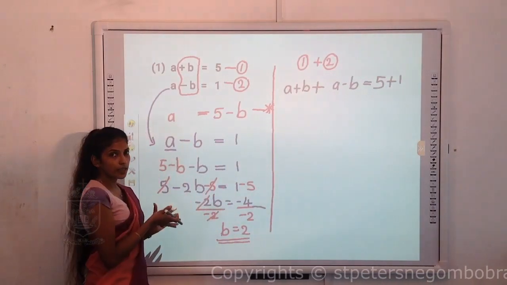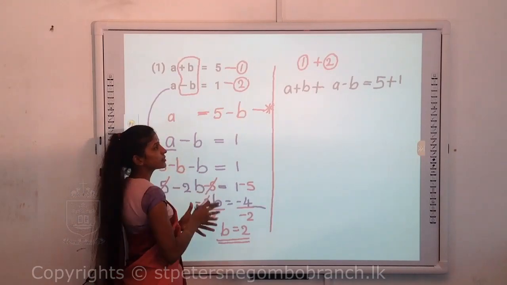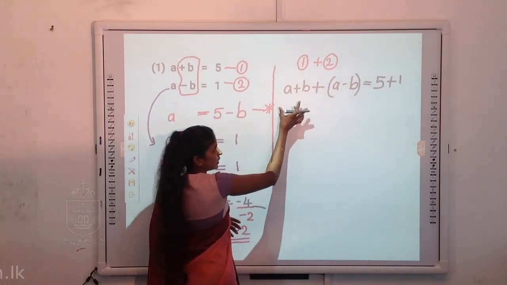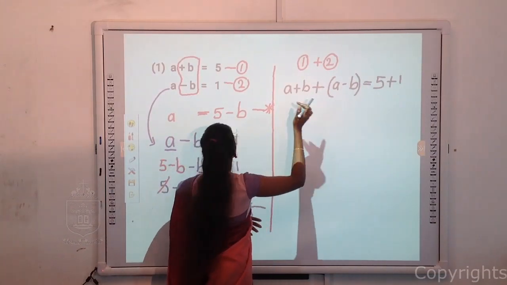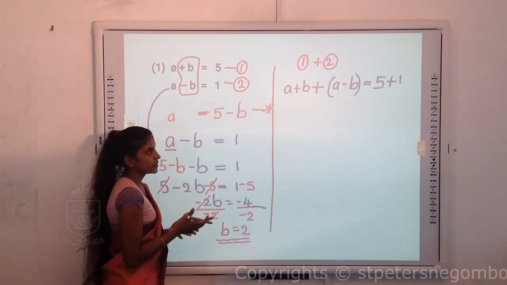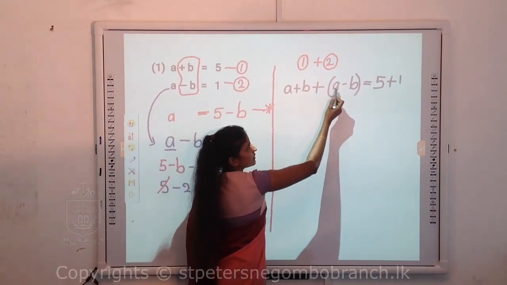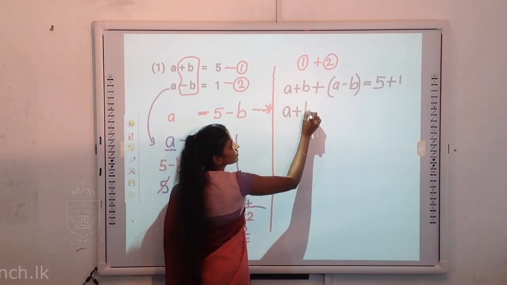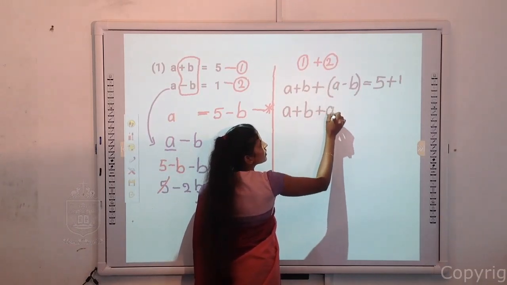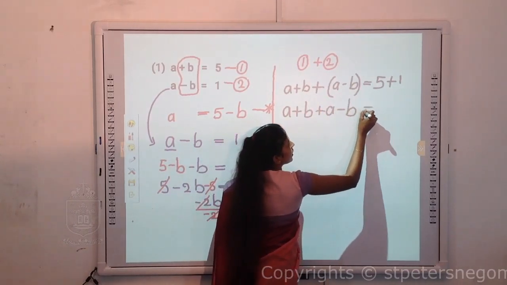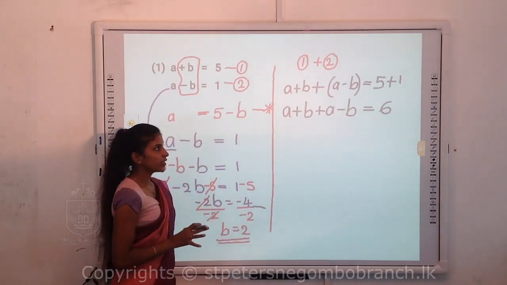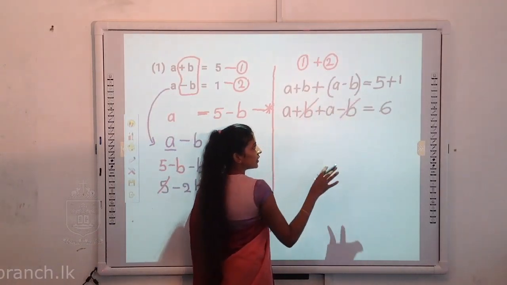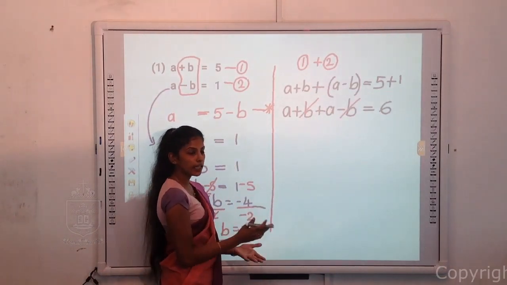Okay, you have to consider the left hand side of the equations and the right hand side of the equations separately. So you are going to add. This is the first part of the first equation and this is the part of the second equation. So you all can see now, even though I place the bracket here, since it is positive, same sign will remain. That means if I remove the bracket here, we will have the same answer, plus into minus, minus b equals 6 here. So you all can see plus b minus b. So what will happen? b is removed now. That is what you call as elimination.